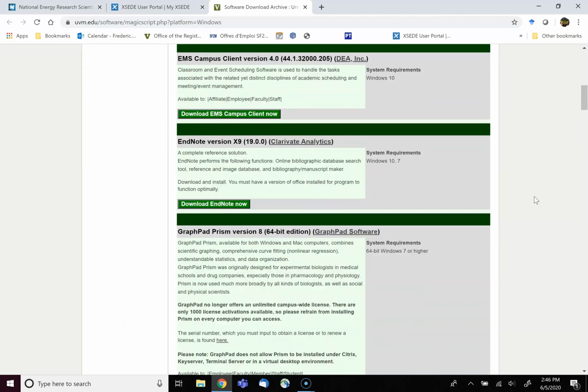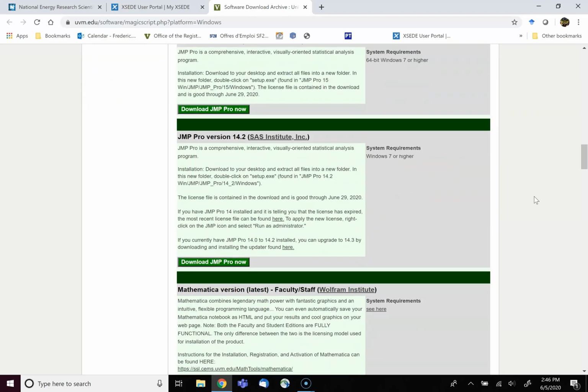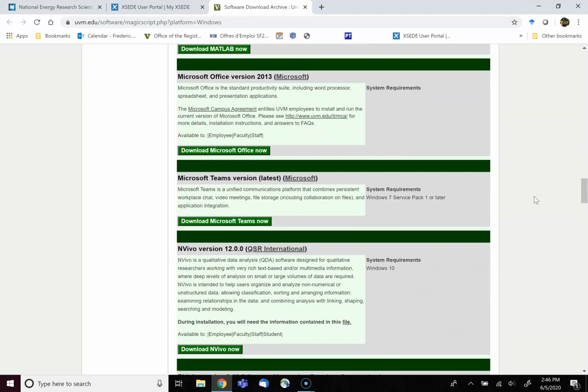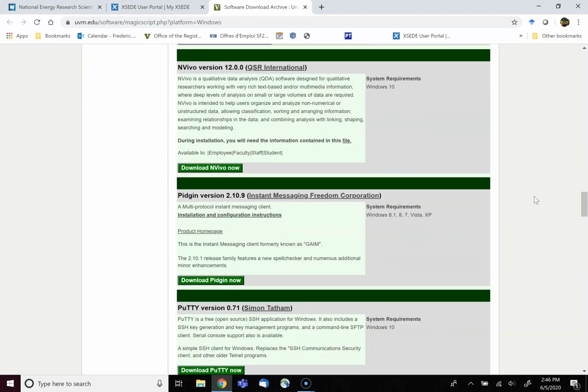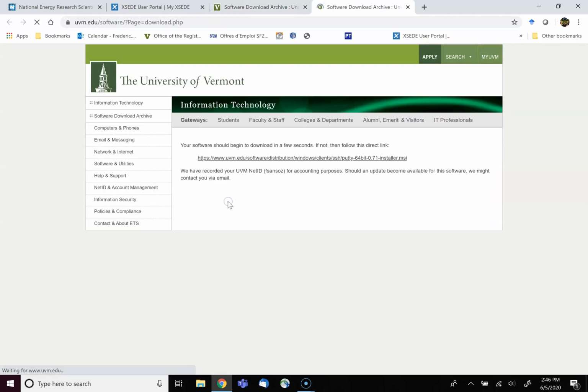So the first software we need for the simulation is PuTTY. PuTTY should be listed in this list here, and so we're going to start the installation of this one.